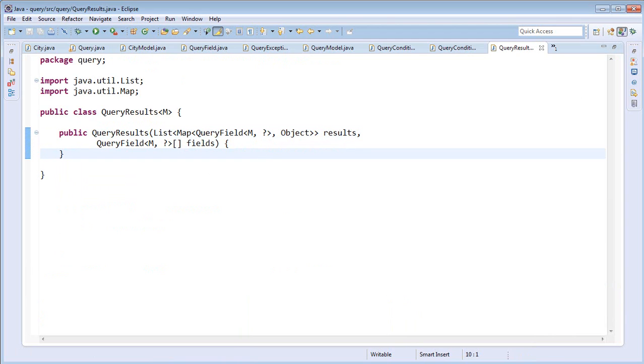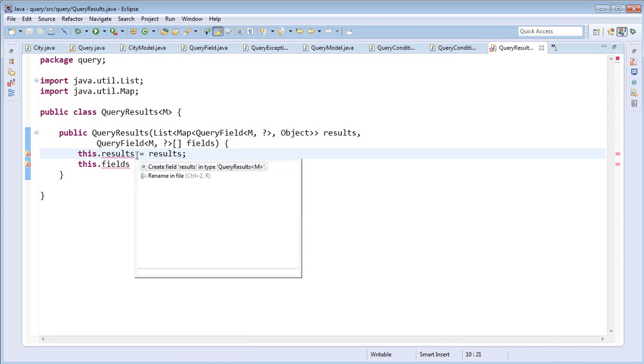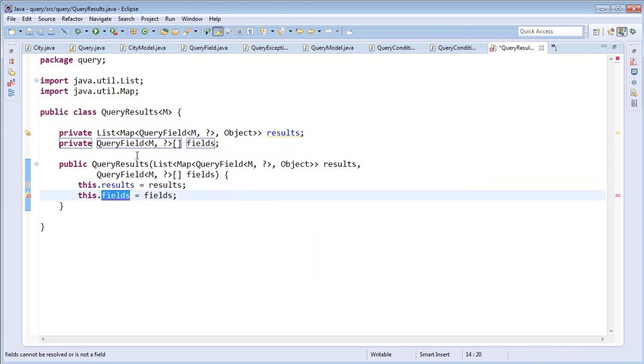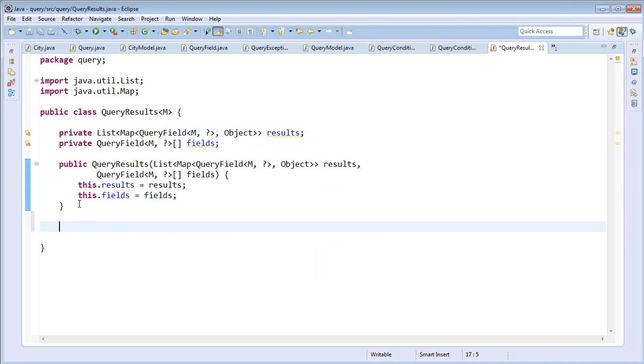So based on that, what I'm doing here is that I will store the list of results that I got and also the list of fields that were provided by the constructor. So I'm defining these, and by that now I am able to consume the results, I'm able to implement methods such as,